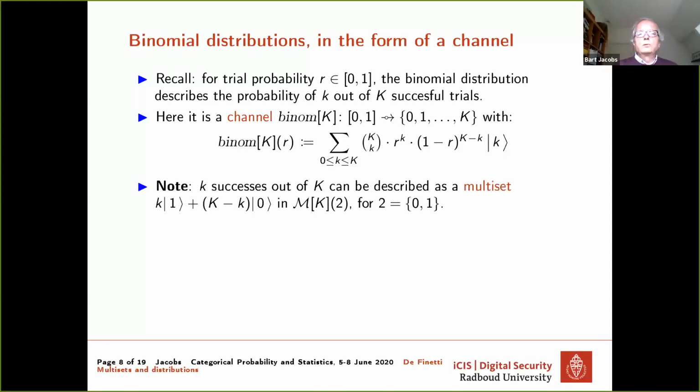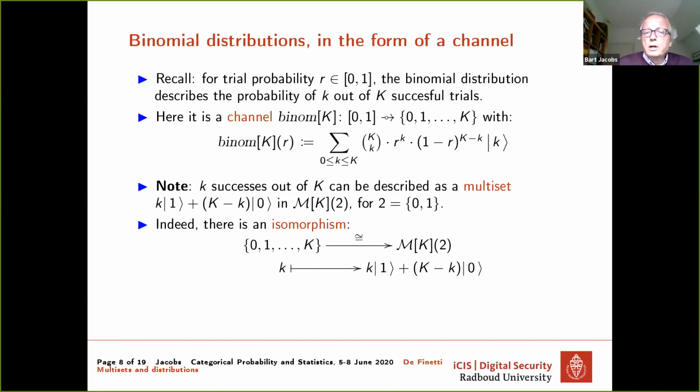Okay. An interesting observation is that k successes out of big K can be described as a multiset. Namely, if I associate 1 with success, I can say k times 1 plus capital K minus small k times 0 for the failures. So small k successes is a multiset of size capital K. Actually, there's an isomorphism.